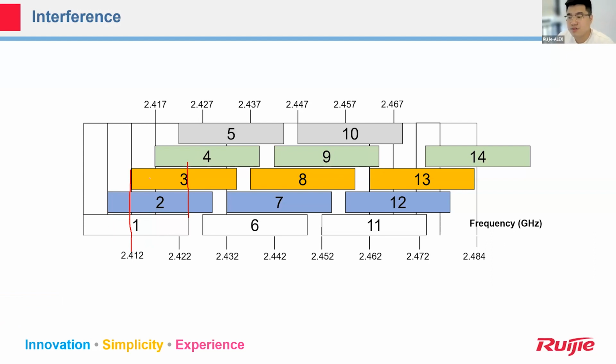The same frequency could cause some problems. And the problem, we call it interference. For APs that use channels that interfere with each other, it will affect the user experience